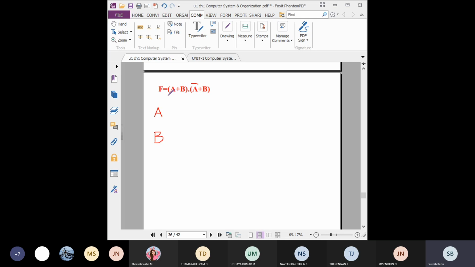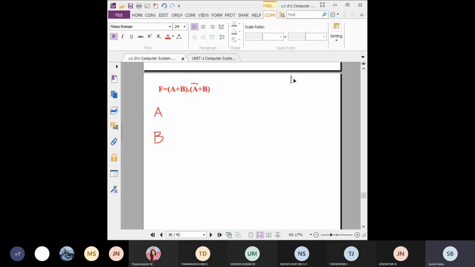First, we have to evaluate this expression into a logic circuit. So we have some priority. Which operator will operate first? I already told you, first we have to operate the brackets. The first priority is for brackets, then the NOT gate, then the AND gate, then the OR gate. This is the rule, so don't forget these rules, students. This is very important.